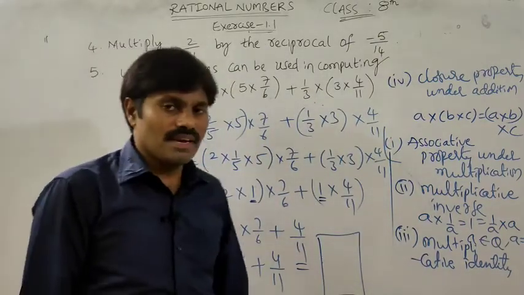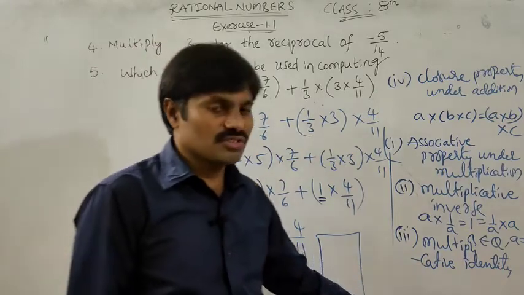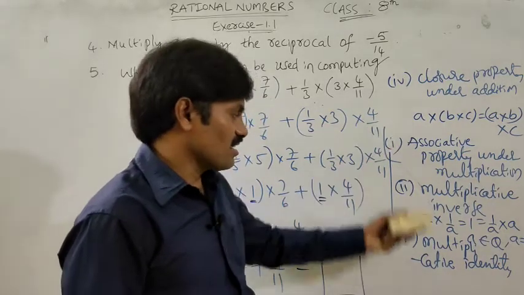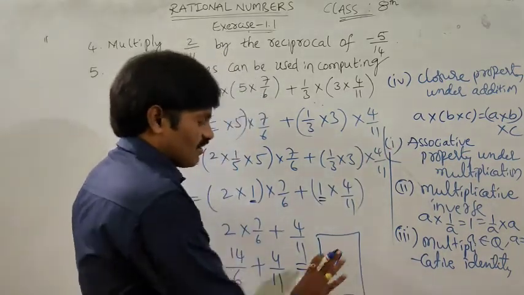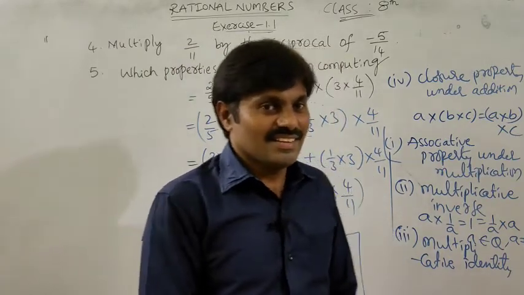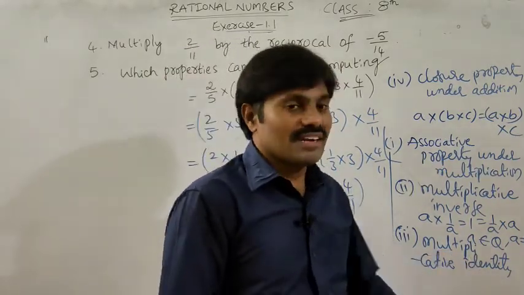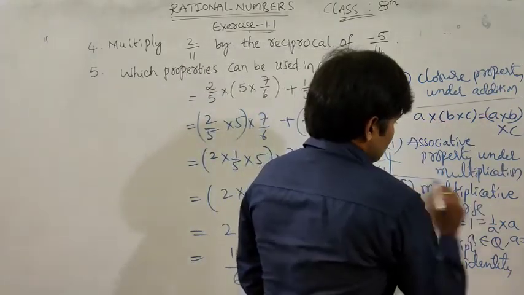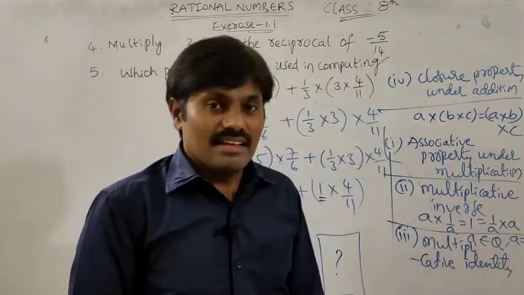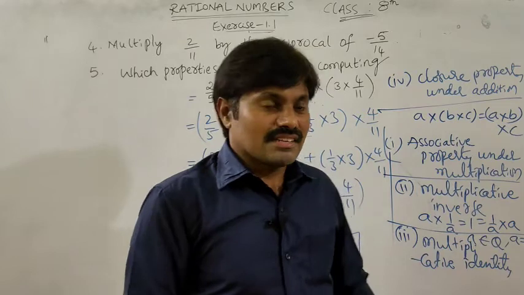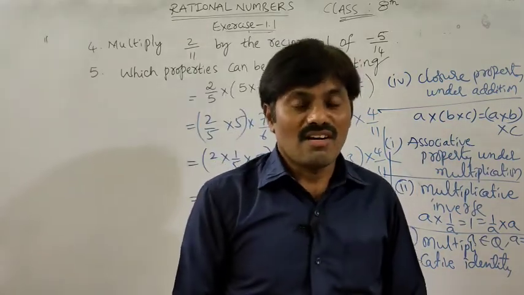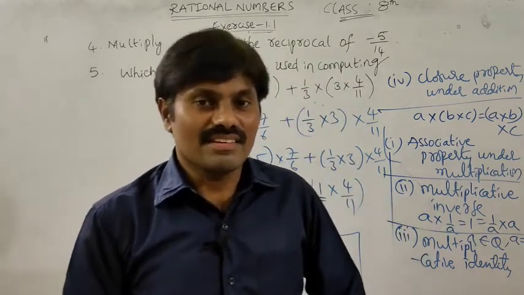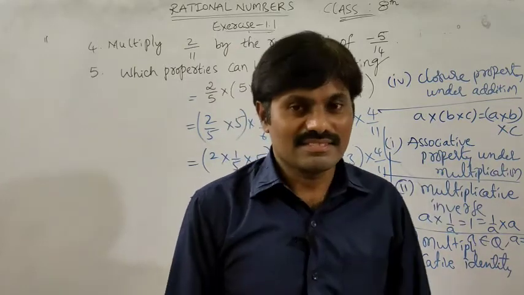So whatever the answer may be, they ask us what properties we use while simplifying this expression. Just this is the answer. The result, whatever it may be, finally we will get a rational number. Clear? So in this manner we have to write the answer. Of course, in detail we have to write, just for my convenience I have written like this. Okay, my dear students, this is the most important area: we have to remember the properties for a long time. Wherever you learn maths, every time you have to remember these properties.